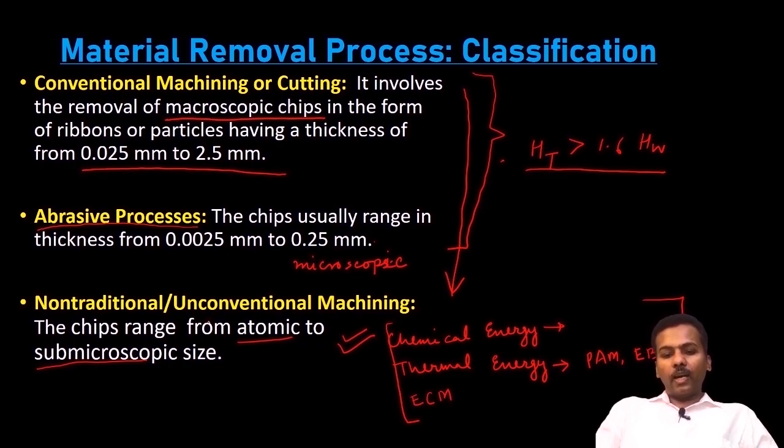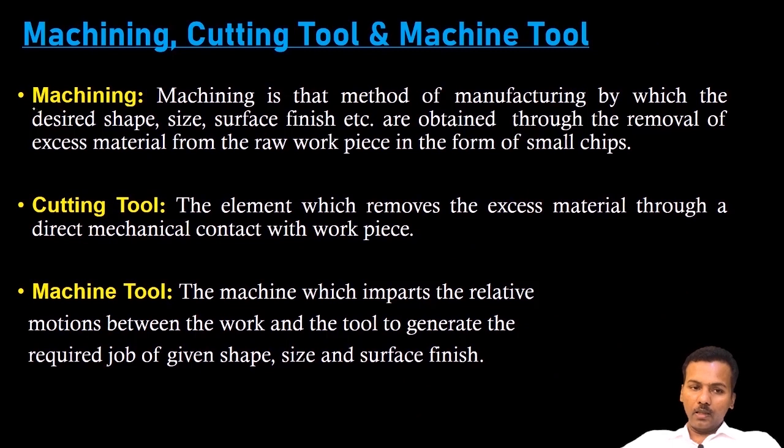So naturally, in this case there are different types of energy that are basically independent of the workpiece hardness. When we switch from the bulk product to the micro products or even the nano product, then the machining of that product requires a very high precision machining process. So these processes come into the category of precision machining process. The machining process is one of the important processes in the manufacturing category.